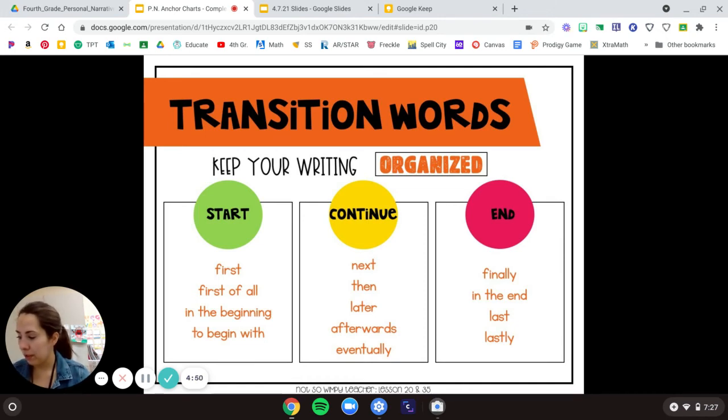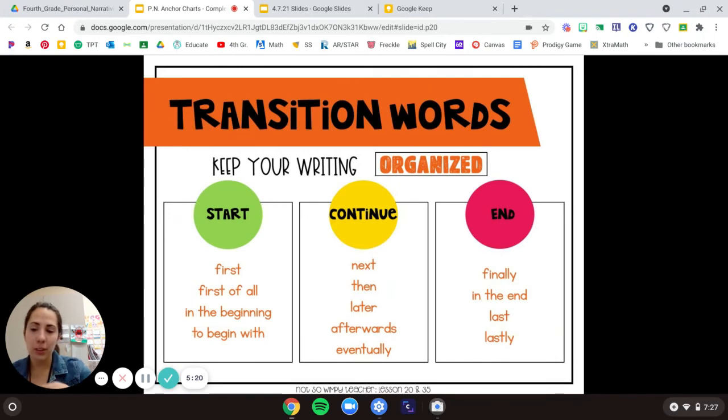You might also say however or suddenly in there. Now, to end our story, you might say words like finally, in the end, last, or lastly. Or even another one that I just thought of would be after a while. Right, after a while, this happened, and that was the end.